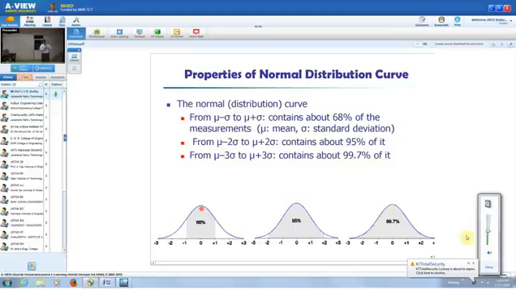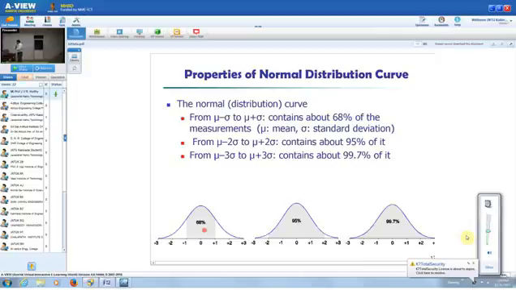So from that, on either side, you take minus sigma on this side, plus sigma on that side. If you consider those 2 points and count the area, it covers around 68% of the